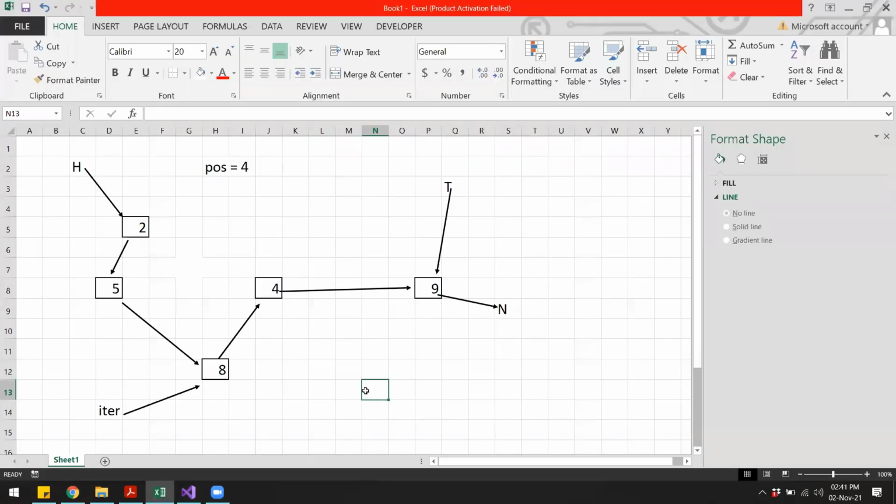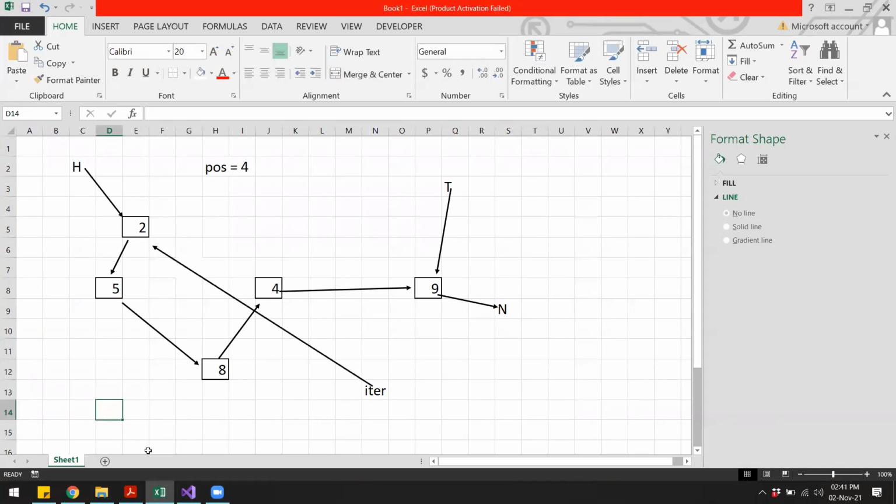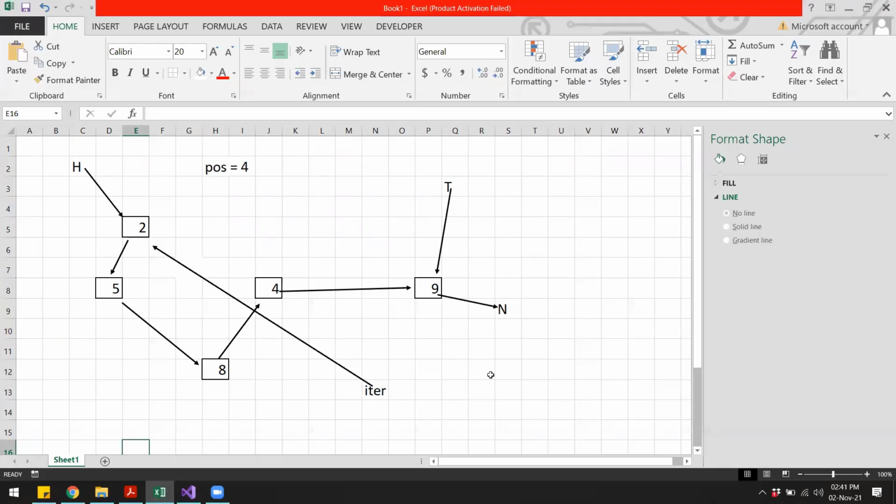So we have iter that will point to head. So iter, let's make this point to the head node. We also have this inode, and inode is currently not pointing anywhere.